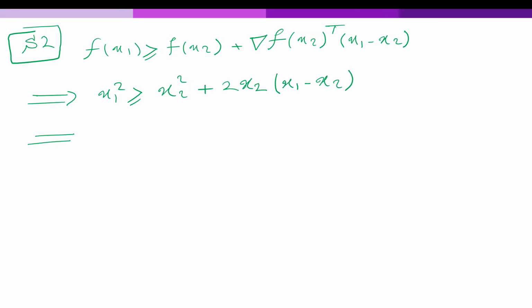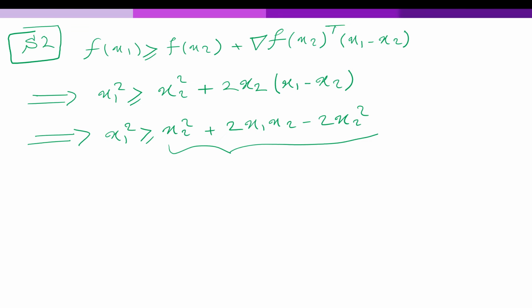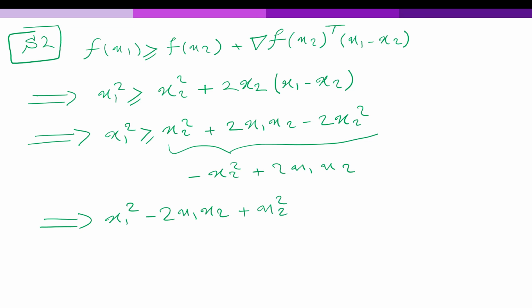This leads to x1 squared, x2 squared plus 2x1x2 minus 2x2 squared. This would be negative x2 squared plus 2x1x2. The whole thing will be x1 squared minus 2x1x2 plus x2 squared,